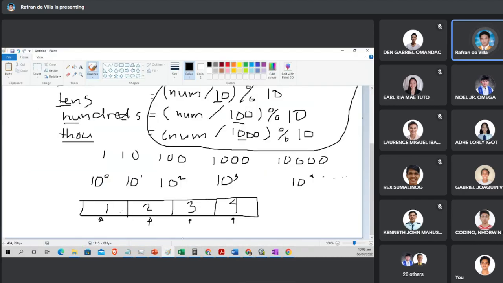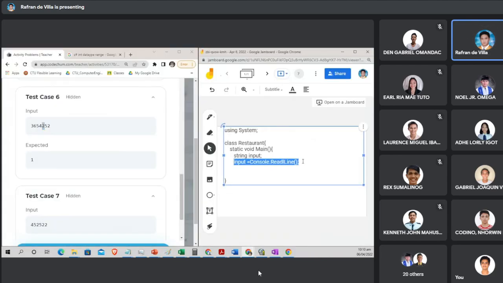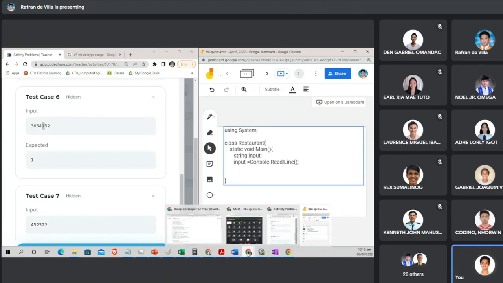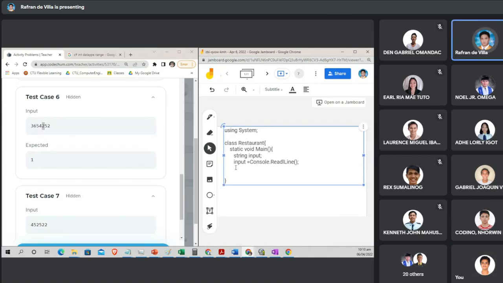Okay. So having that in mind, what will we do next? How can we convert and check each of the numbers inside the string? How do you access each character of a string? We use its index. That means if, for instance, you have this string,